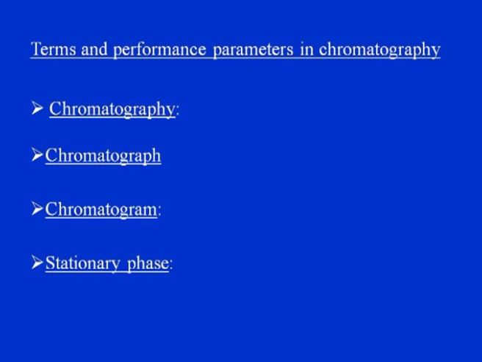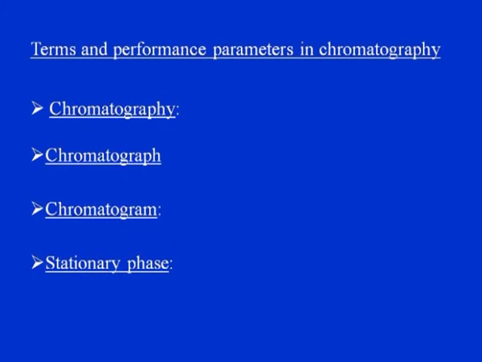Now, there is another term called chromatogram. Chromatogram is the visual output of the chromatograph in the form of different peaks or patterns. Say, when you are separating different analytes, as they come out of the column, they come out in a particular pattern, and these are represented as peaks, as we will show you in a little while in the next lecture. So, chromatogram is another important term here.